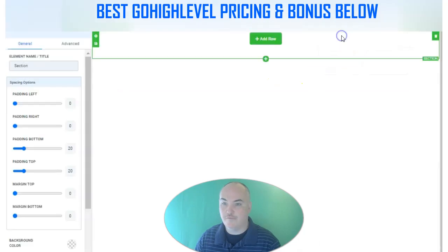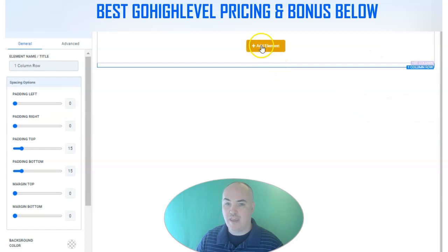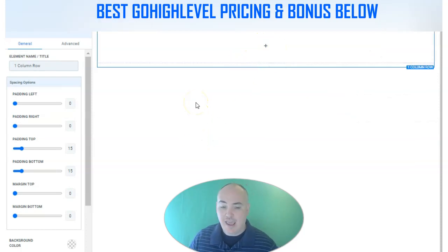Inside the page, we're going to click full width. We're going to add a new row. We're going to add one column, and then we're going to add an element. Now, many of the Linktree pages you see have colored gradients or different colored backgrounds to be able to jump